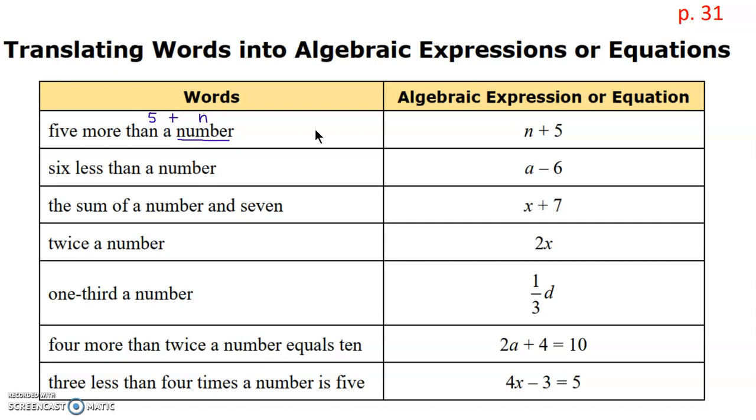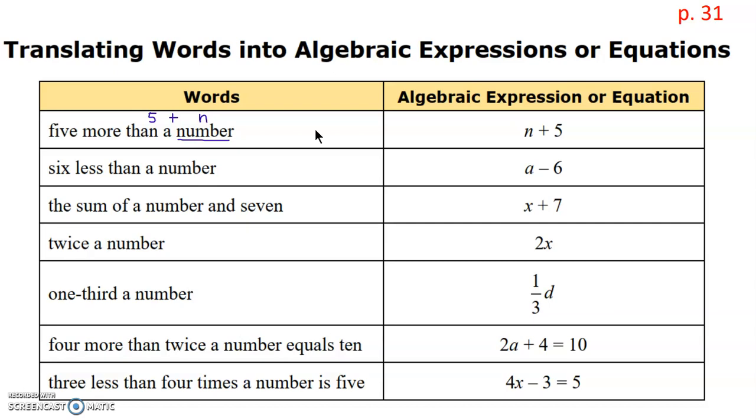Now you can show it as 5 plus n, or they show it as n plus 5. In algebra, it's more common for us to see the variable come first and the constant come second, but it's fine to have 5 plus n because we know that 5 plus a number or a number plus 5 is